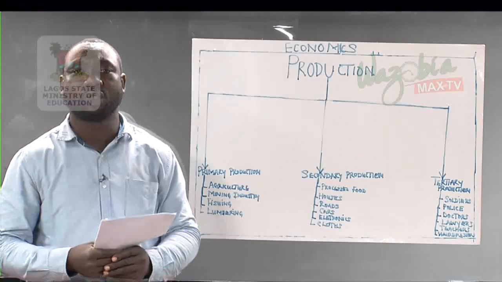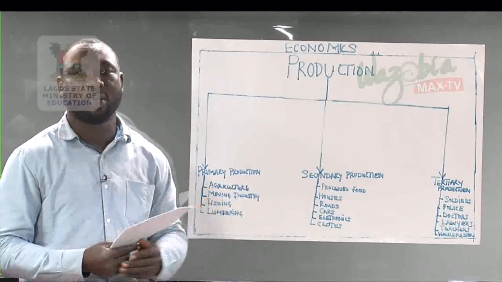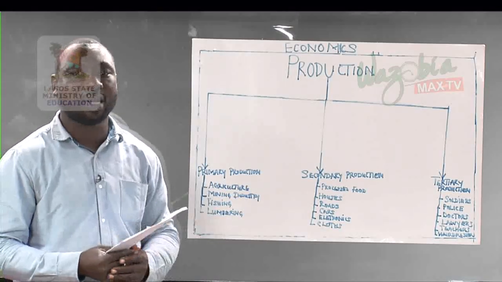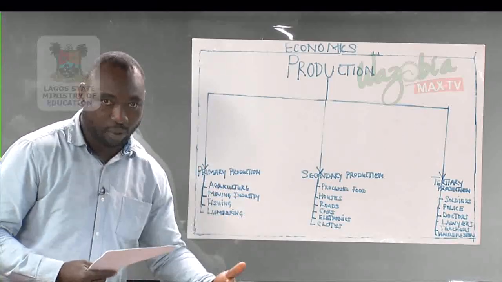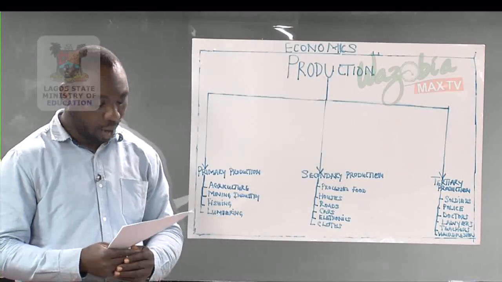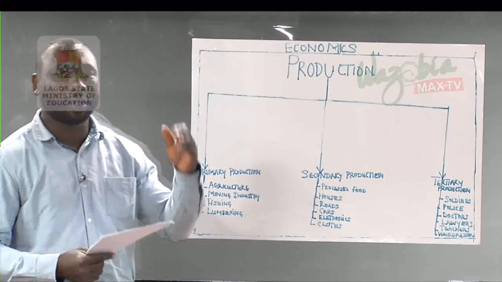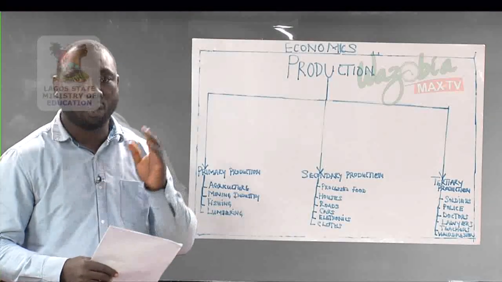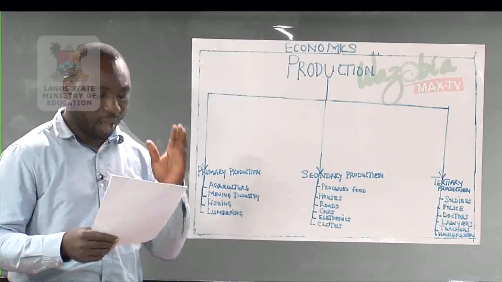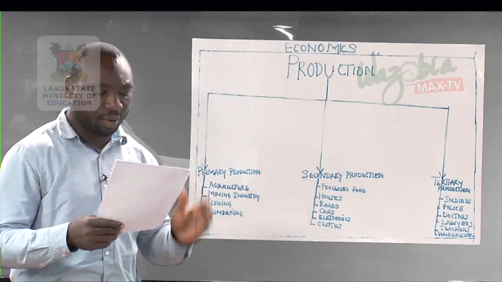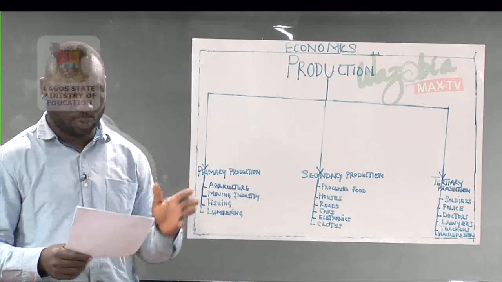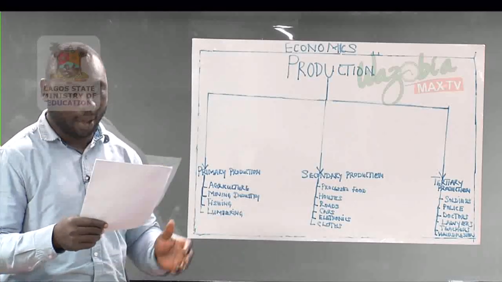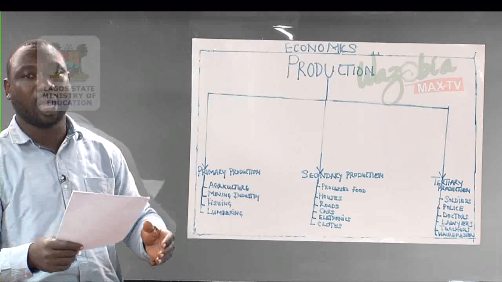Consumable goods are subdivided into two, that is durable goods and non-durable goods. A durable good is a type of good that can serve human beings for a long time, a long-lasting good, while a non-durable good is one that serves human beings immediately, that means the immediate need of the consumer. Examples of durable goods are radio, television, car, cooking pot, and spoon. Examples of non-durable goods are meat, egg, bread, pepper, milk, garri, the ones that you can eat immediately.